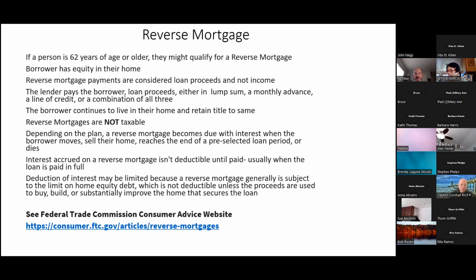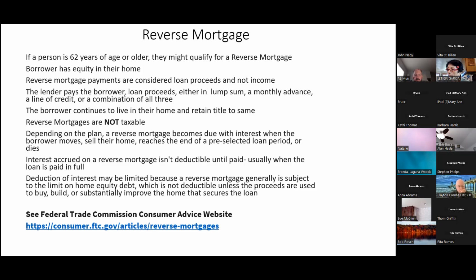This is just based on information I was able to obtain. So when you're talking about a reverse mortgage, what that means is your individual has to be 62 years or older. And of course, then they have to qualify for a reverse mortgage. It's not automatic. The individual has to have equity in their home. And not everybody has equity in their home. I've met a lot of seniors. I met guys who are 75 and still had a mortgage and had no equity. But typically, if you're a senior, you probably have some equity in your home.